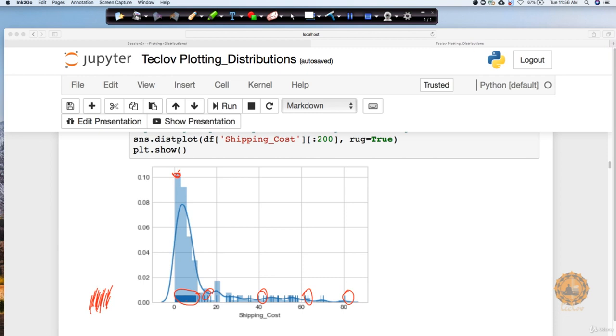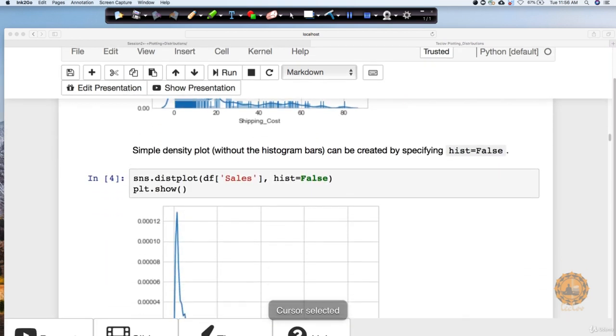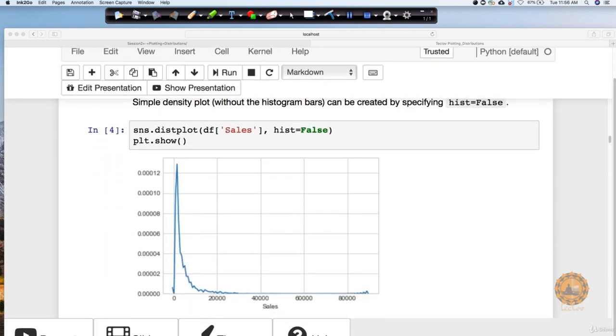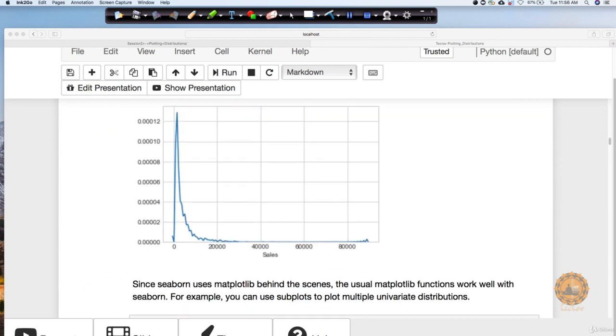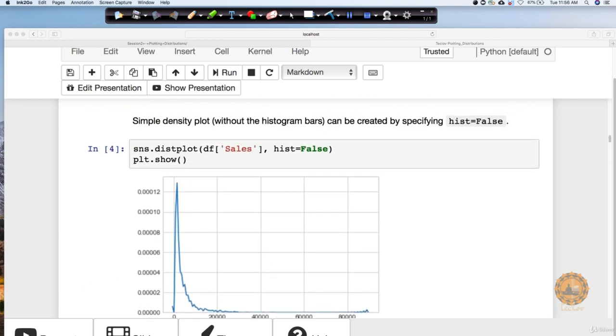So it's basically telling me where the density of the data is too much and where it is too low. That's what we are noticing in this particular case. Now going ahead, if you want to remove the histogram from it, you just want to see this distribution curve, you can just say hist is equal to false, and this is going to return the plot without any